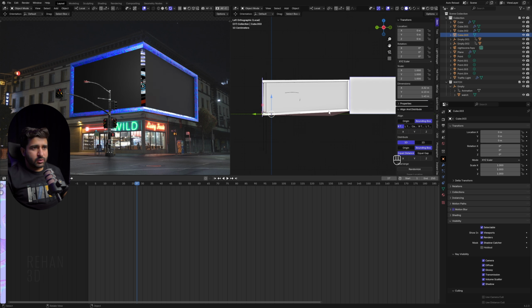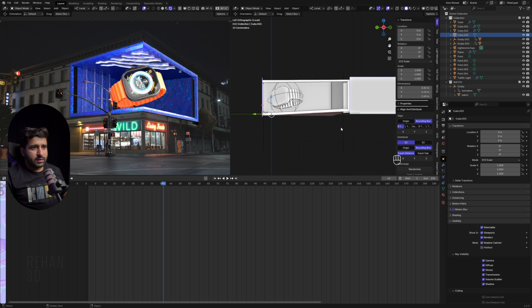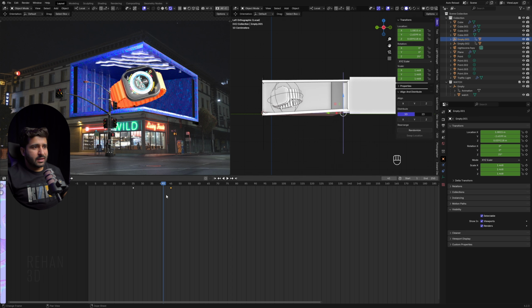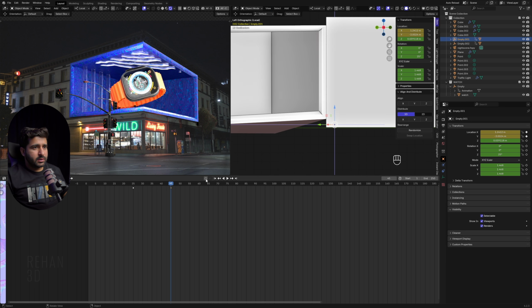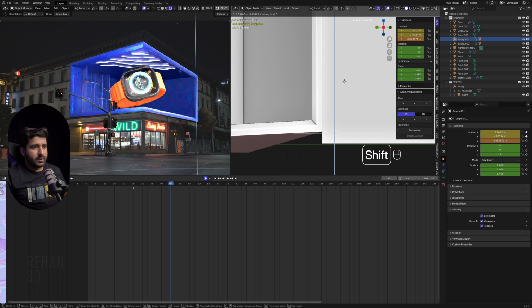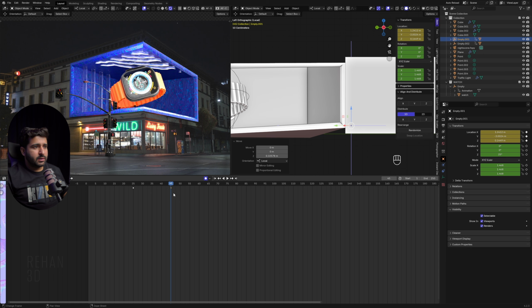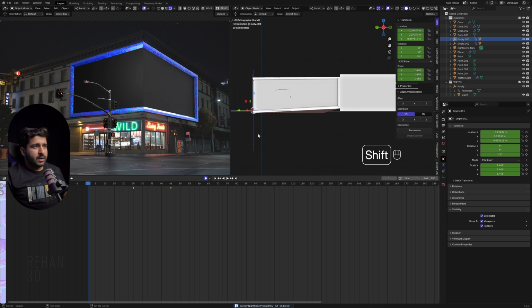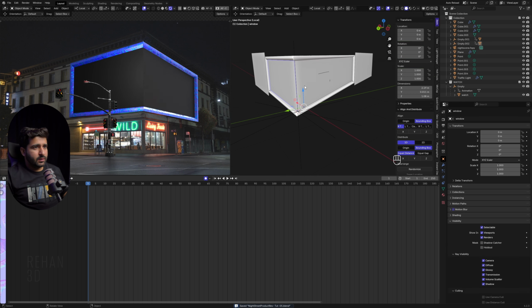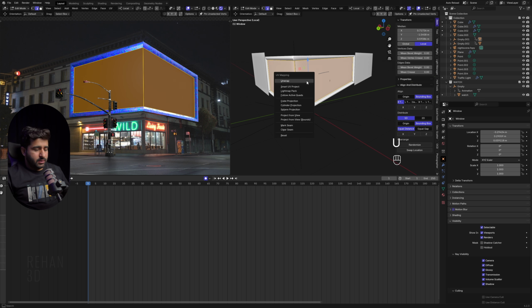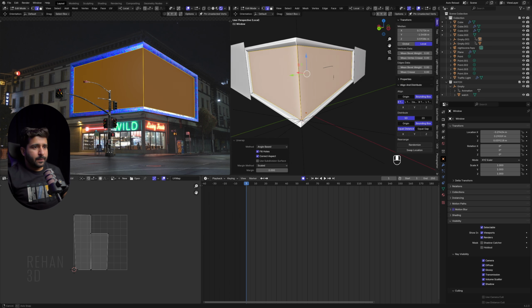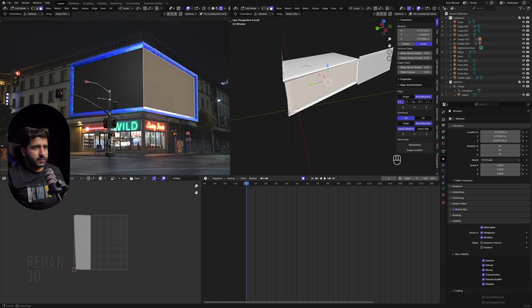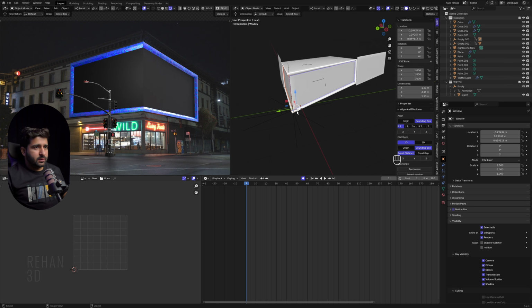Because you can see it's the direction of here, but our empty is moving on this surface on a single axis. So I will wait here, and I will turn on auto keying, and I will make it here, and let's see if it works. And this is working, and you can see this is nice. And now I will go into the first frame. I will select both of these, unwrap, and if we bring up the view editor here, this will not work. So simply select this face, or let's just not do this.